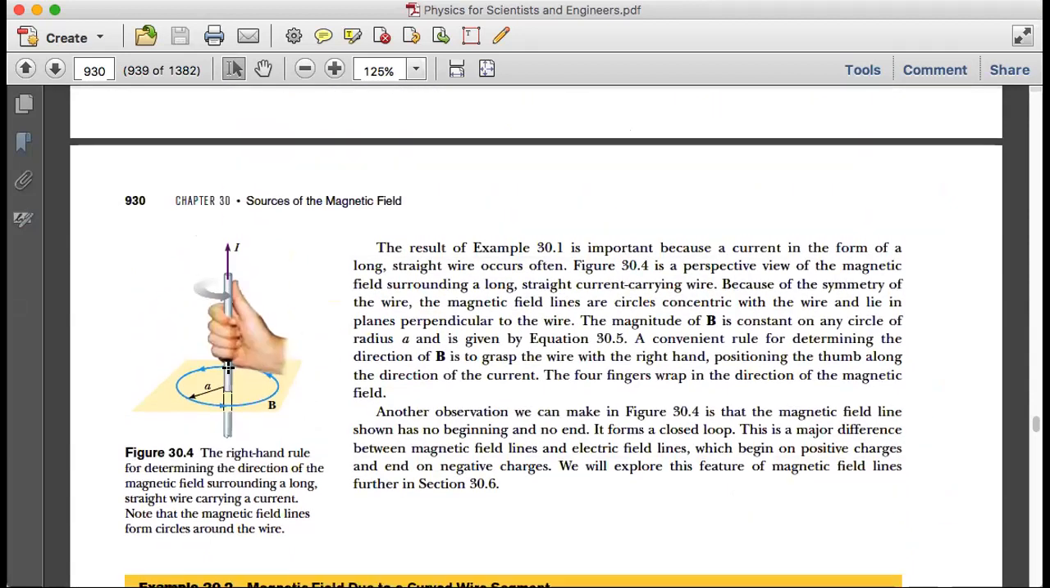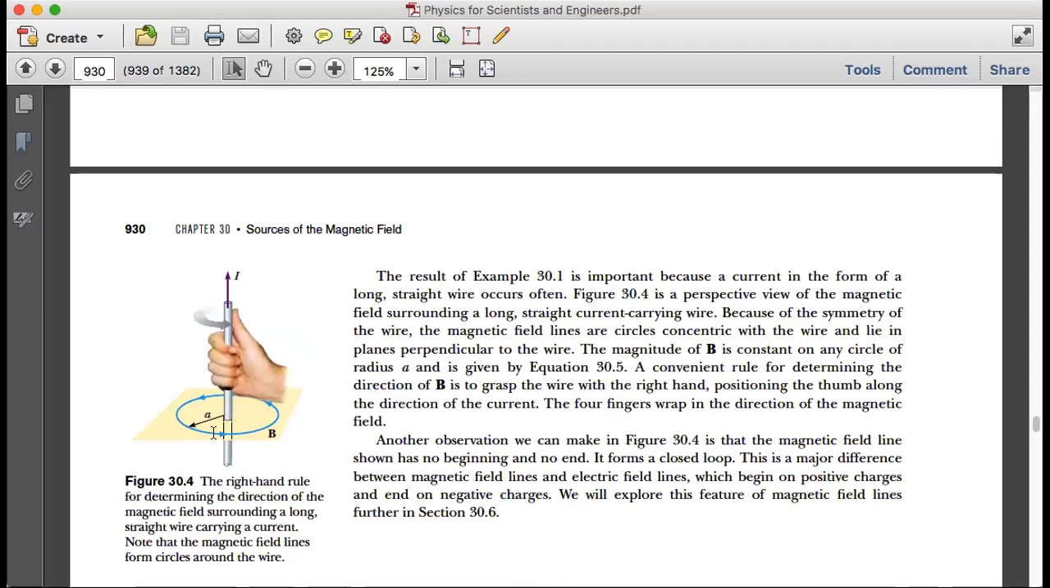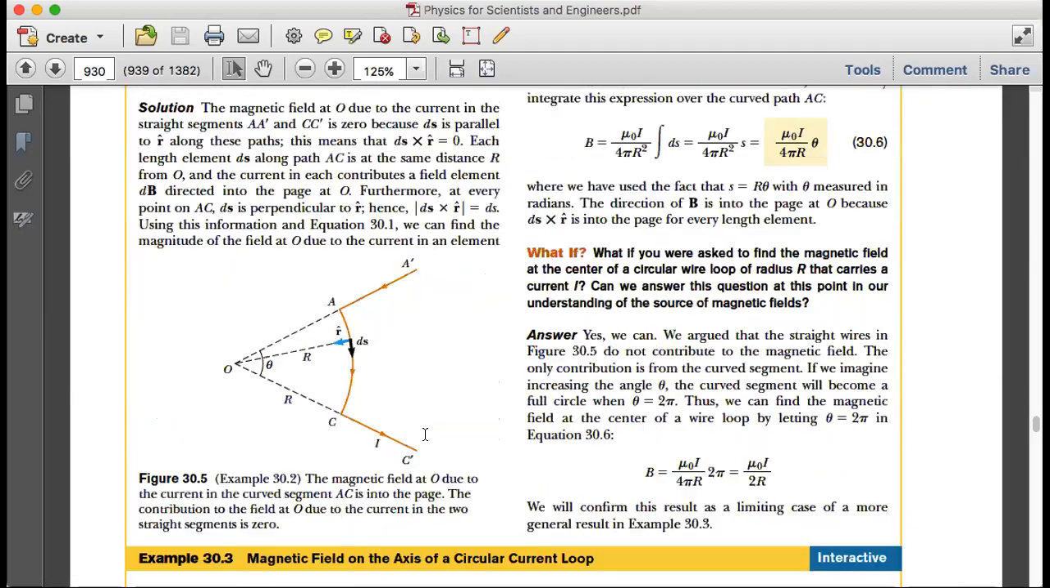In general, if we have a thin wire, the direction of B is a circular path, according to the right-hand rule. So the direction of B in general is a circular path, like this. So for example, this one,